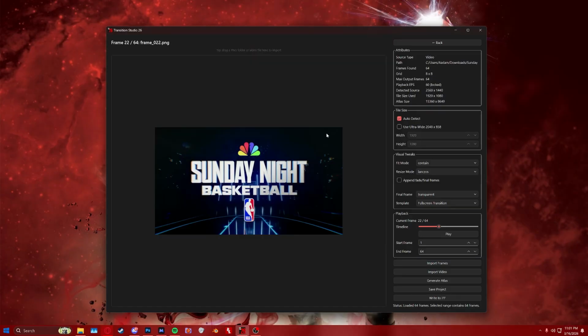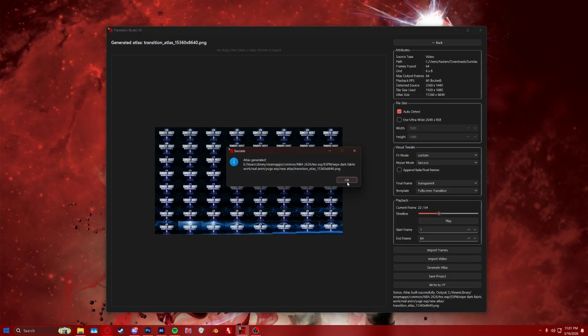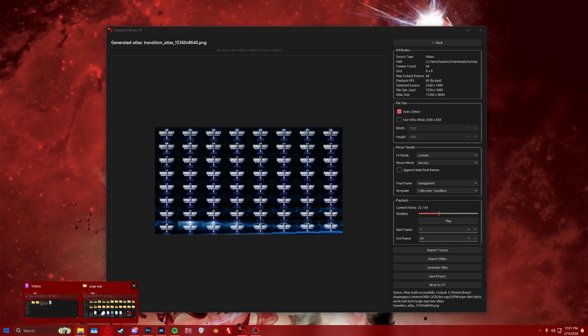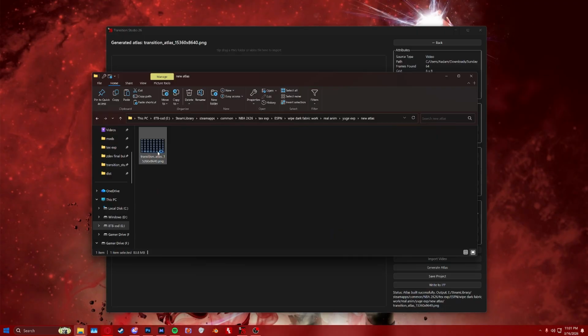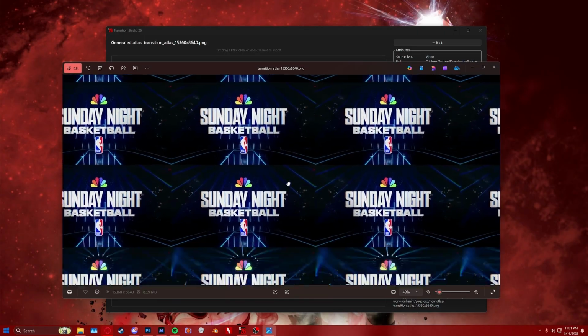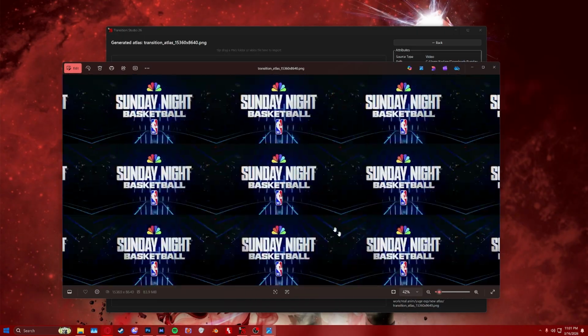It will take a second because it's making a very large image, a 15360 by 8640 image. That's very high quality. So we're just going to wait a second and let it pop up with the dialog that it's finished. There you go. Atlas generated, and it tells you the path. We already know where it is. It's in that New Atlas folder. So there you are. This is the image that we will be implanting into the game, where the game will read it